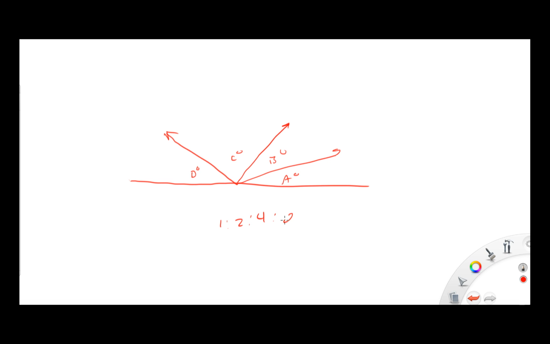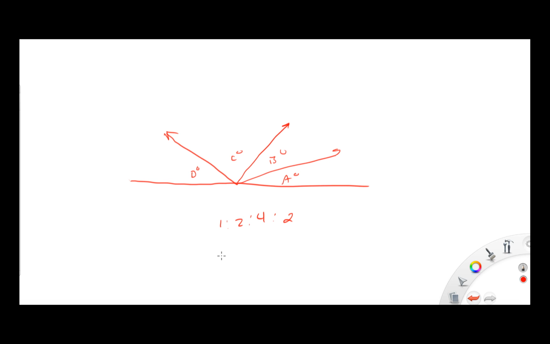7.5. 7.5 has basically a bisected angle that looks something like this. We have D degrees, we have C degrees, we have B degrees, and we have A degrees. And the statement says the measures of angle A, B, C, and D are the ratio of 1, 2, 4, and 2. In other words,